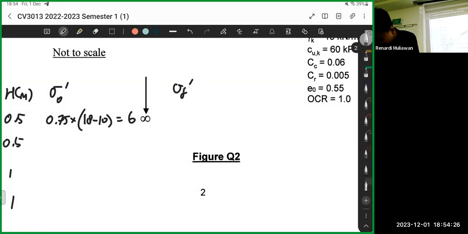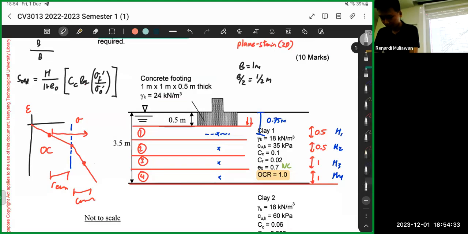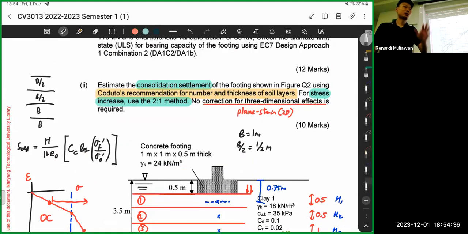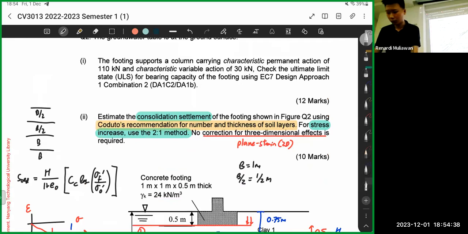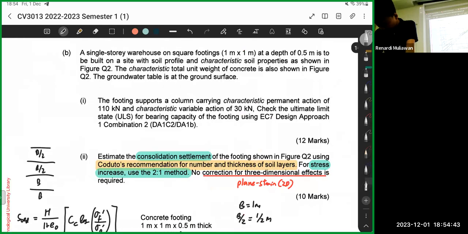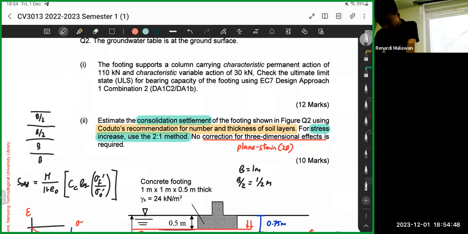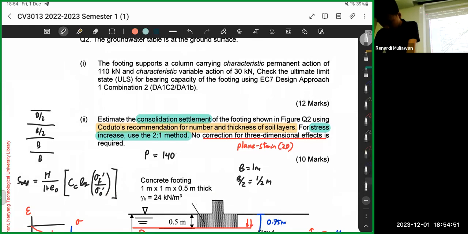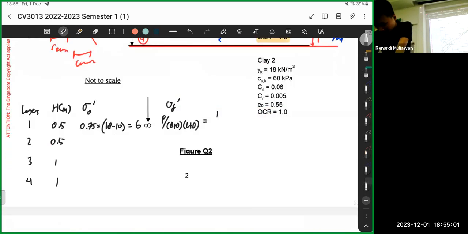so sigma F prime is P divided by B plus D, L plus D, right? So for P in this case, you can use SLS. For settlement you use SLS. So 30 plus 110, 140. So P is 140, because we're doing SLS, so we don't need to use partial factors. So in this case, 140 divided by